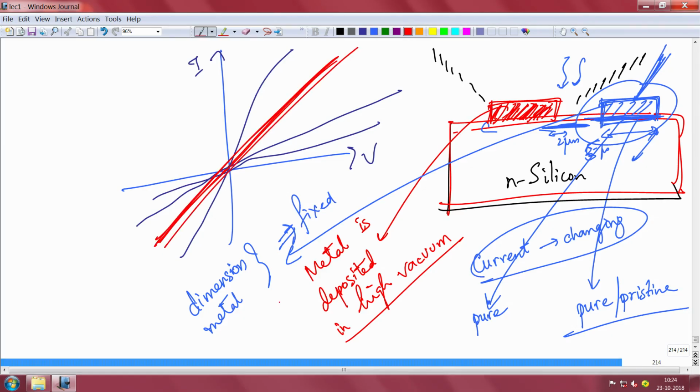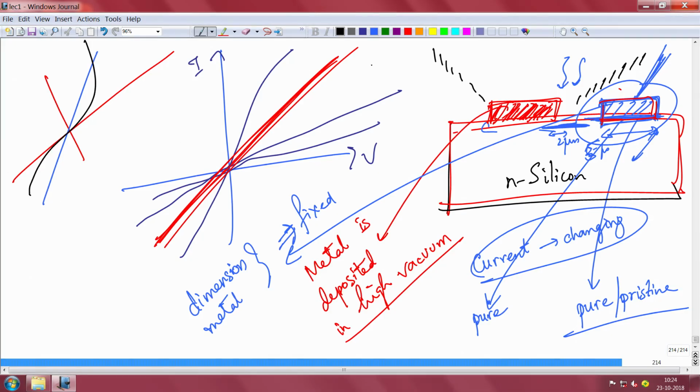So, these are very important reasons. And of course, when you want to package a device or wire bond a device, you also need a metal pad, because you put an indium wire or something else to package it out. So, metal semiconductor contacts are very important, and you might still be wondering that depending on the metal, I might as well get an IV like this, or I might as well get an IV like this. It is very possible, and it is routinely achieved by research people in labs.